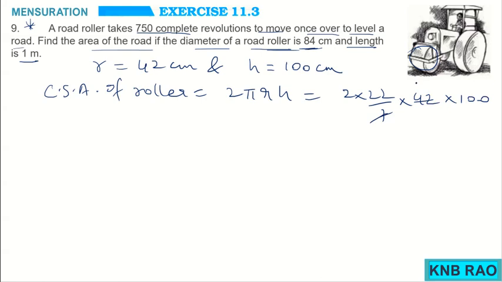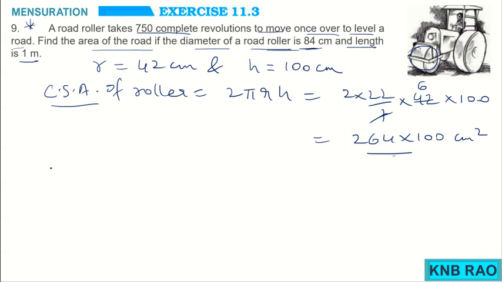So 7 6s are 42, and the product of this: 2 into 6 is 12, 12 2s are 24, 24 11s are 264. So 264 into 100 centimeter square is the area of the CSA of a roller, but it is for one time,